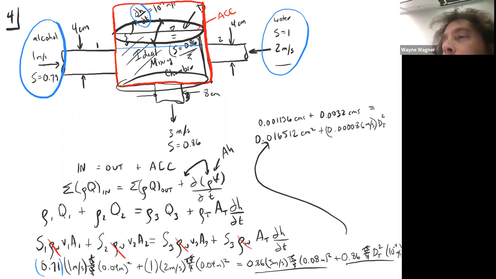So the dominant thing that's happening here is the water is leaving here. That is far more important than what's flowing in, which of course explains why